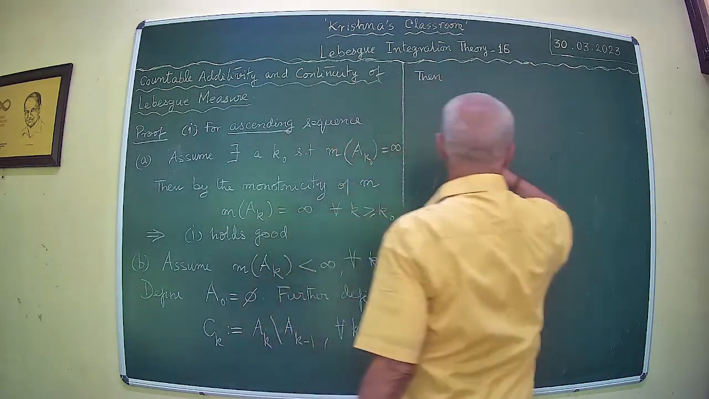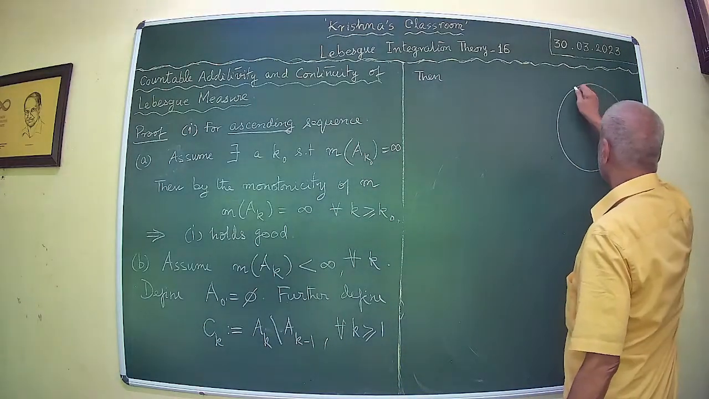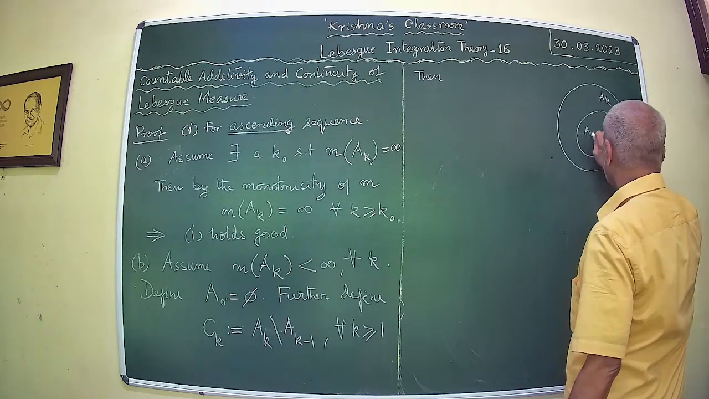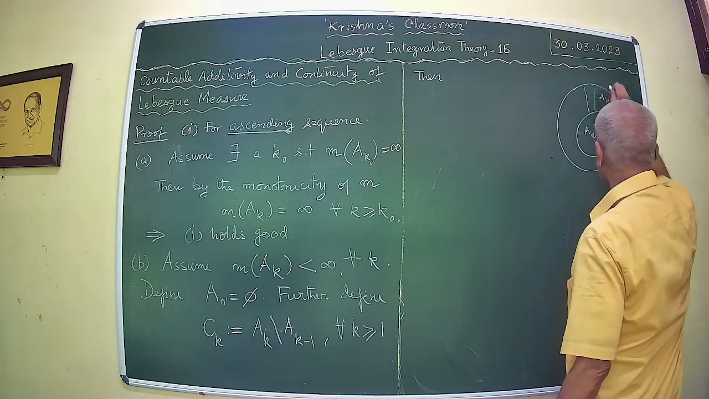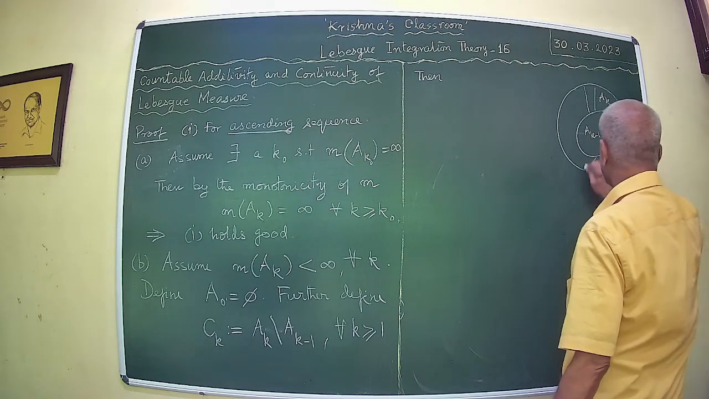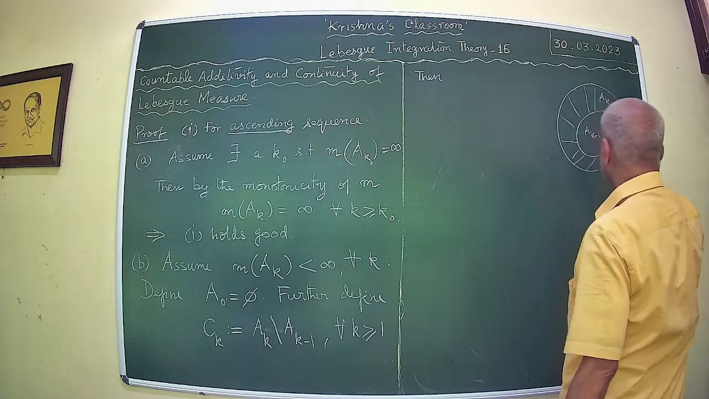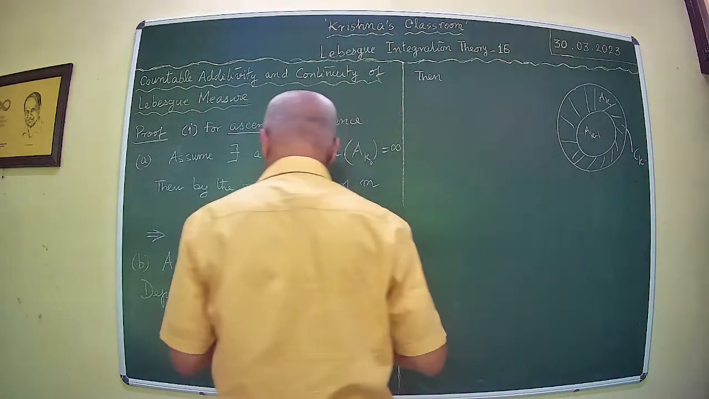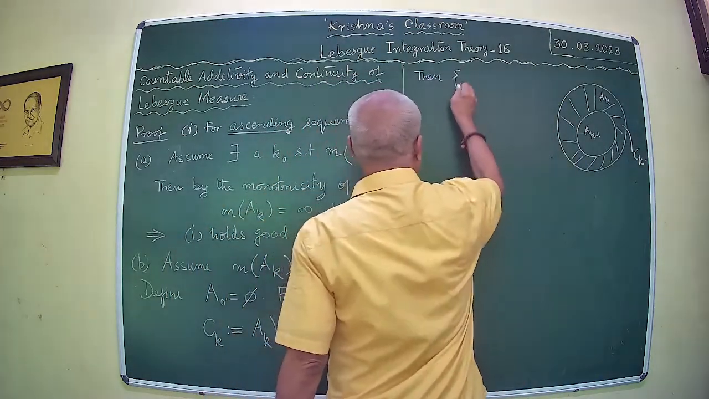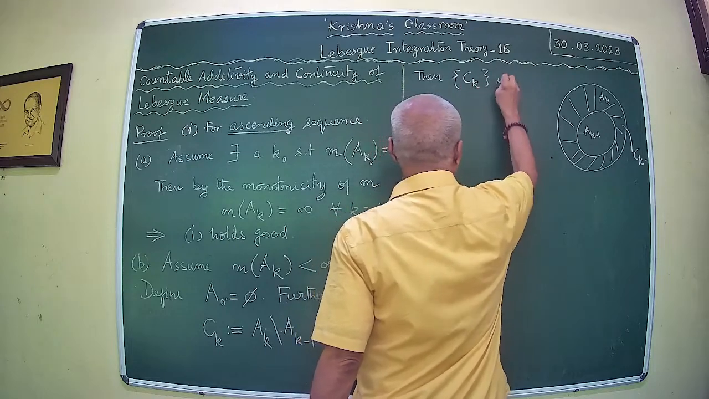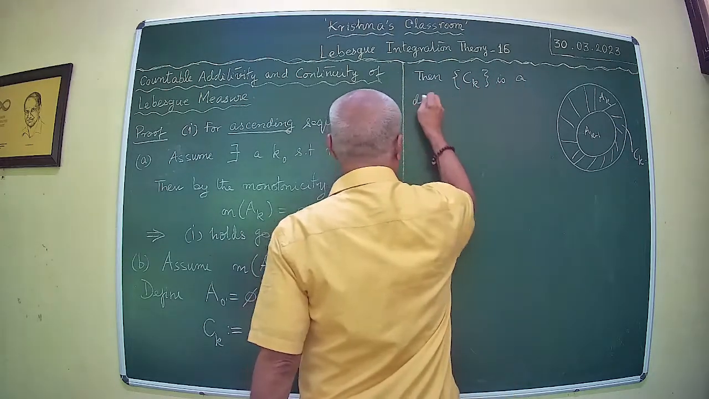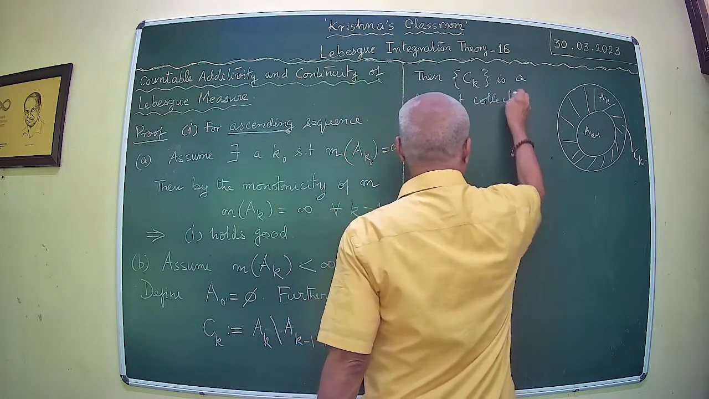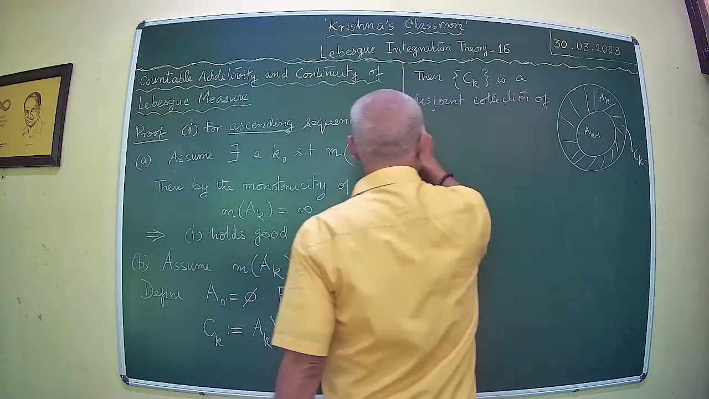Then what you have is this. See, this is your A_k, this is your A_k, and this portion is what you call C_k, right? The collection C_k is a collection of disjoint sets,